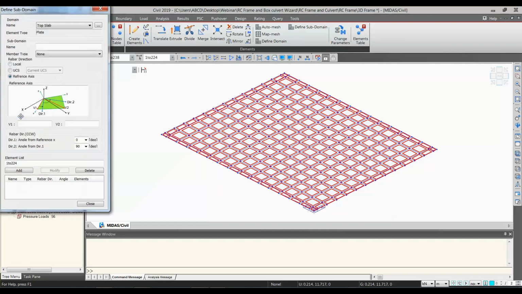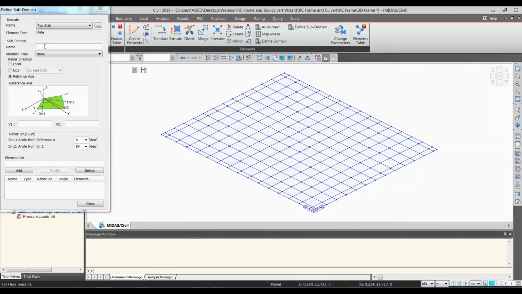So I'll go to subdomain and give the name end slab, and the type would be plate beam. What I mean by plate beam is a 1D design of the plate. 1D means only a single direction.